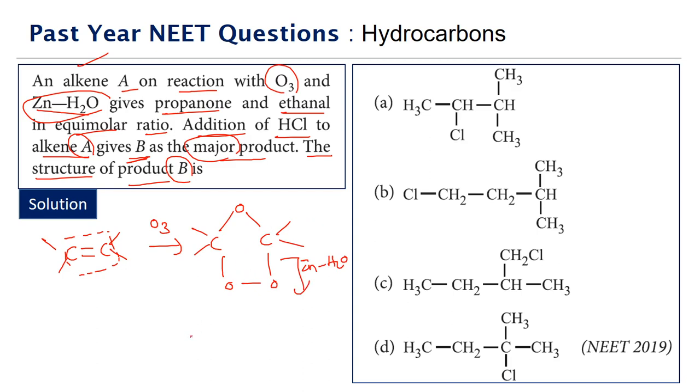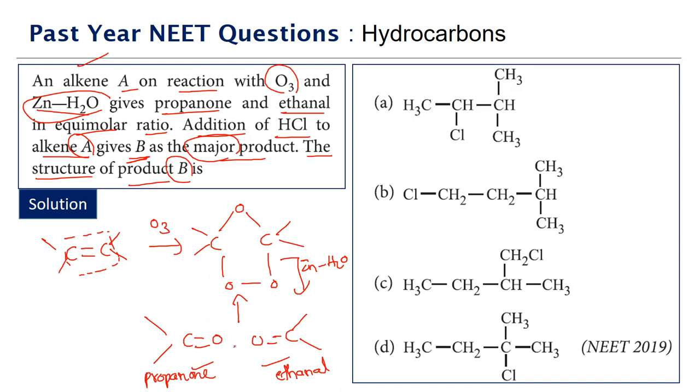On the other side you will have the other carbonyl compound being formed. Now if you look at how these carbonyl compounds will look, it is how this will look like. The carbons which were having the double bond position previously are now going to become the carbonyl carbon atoms. Now the question is, they are giving us these two: one is propanone, and the other one is ethanal. Now how do we go back and find out what is the original alkene?